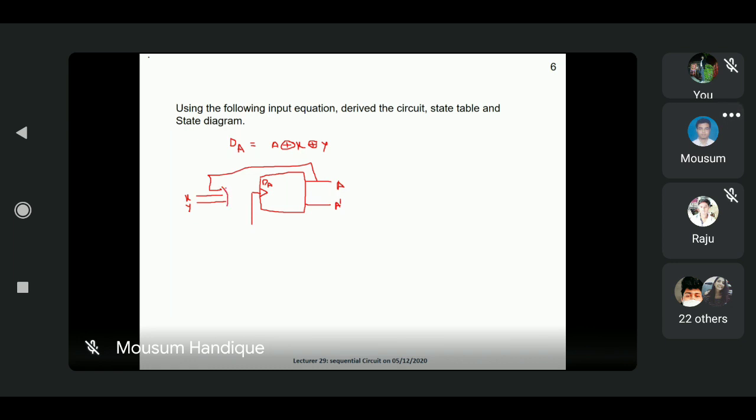This one. And this is directly connected to DA. So that is very simple. We can derive the circuit from this particular equation. Now how can we construct the